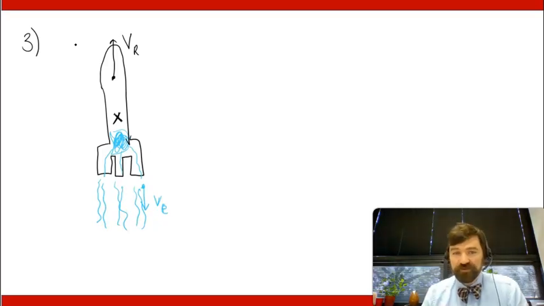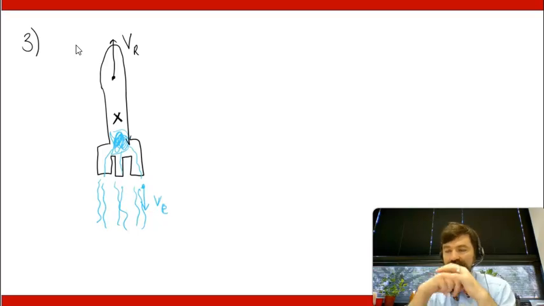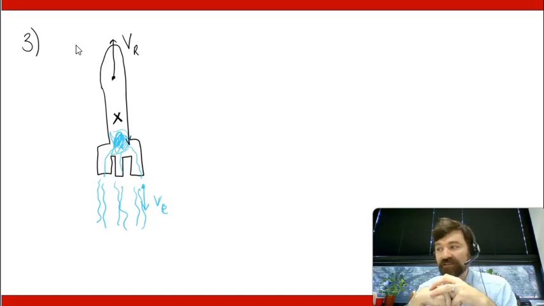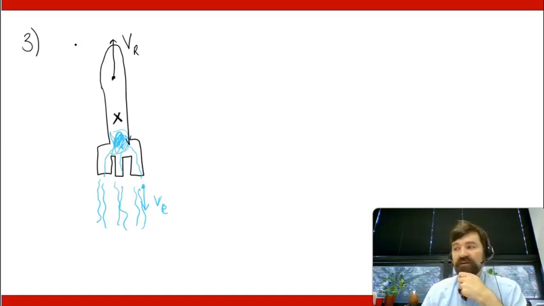And so if you have an exhaust speed VE, and you have, let's say, an initial velocity for the rocket and fuel system, as well as an initial mass for both of those, then for this system, you will end up with a final speed of the rocket,